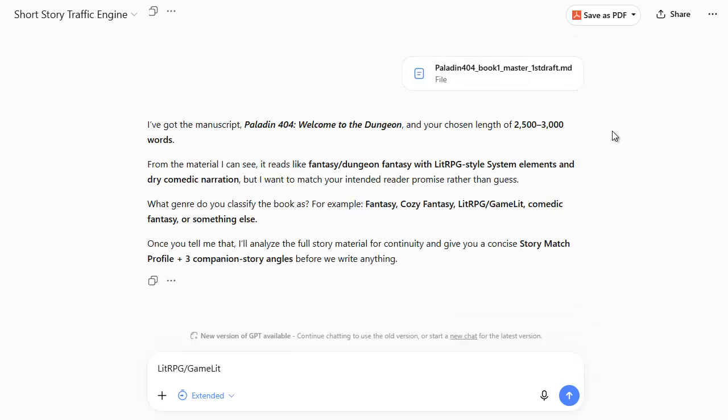Now, once it's read the book itself and the manuscript, it will most likely come back and ask you to verify which genre the book is in. It will have a very good idea from the style of your book, but it will want to make sure. So this, for instance, is asking me whether it's fantasy, cozy fantasy, LitRPG, GameLit, etc. Now, in this case, it is GameLit, so I'm just going to pop that in and click on send